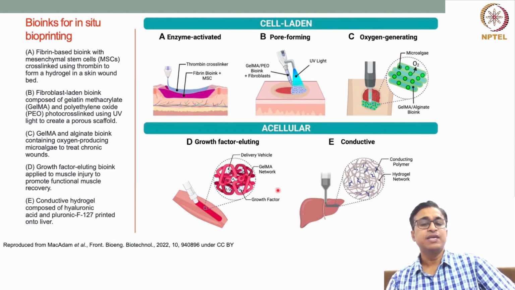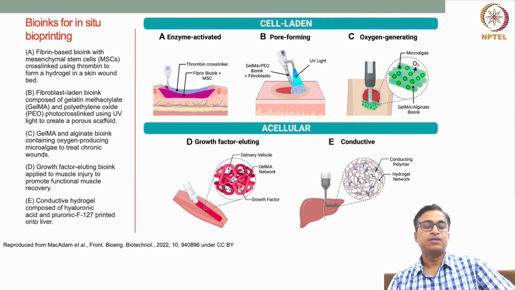The next thing can be, suppose we are interested to deliver a particular type of growth factor. Then that can induce different types of tissue engineering. Suppose it is used for blood vessel generation, so VEGF can be incorporated. For bone, again BMP can be incorporated, and for cartilage TGF beta, or different types of targeted growth factors can be